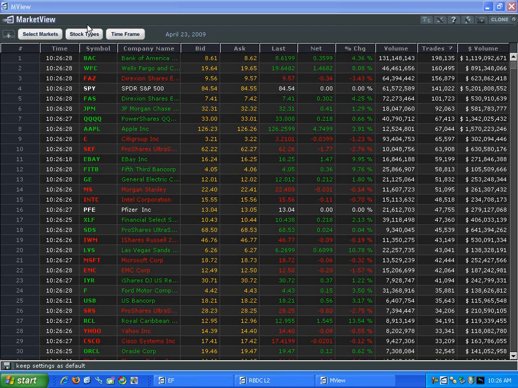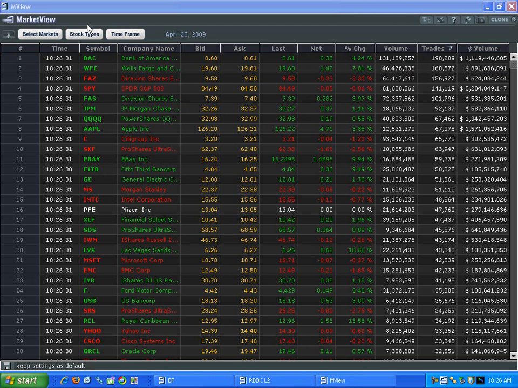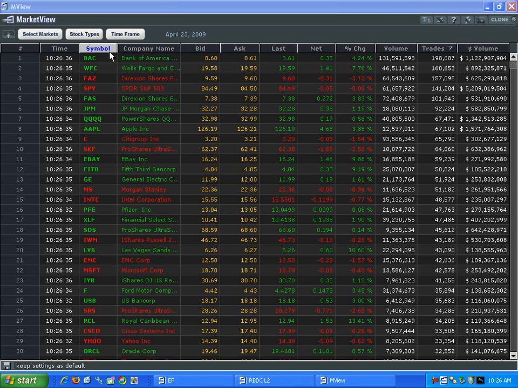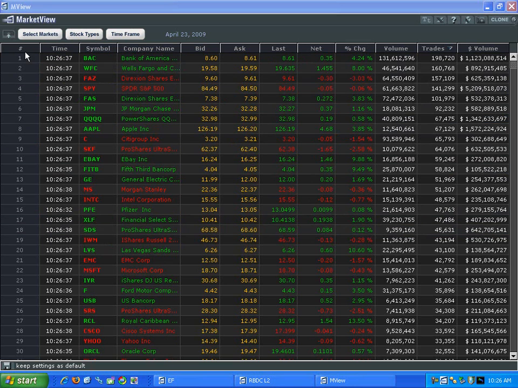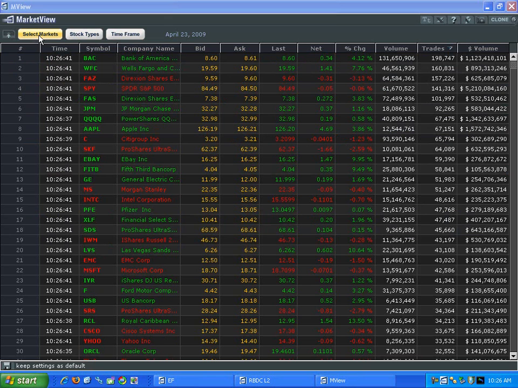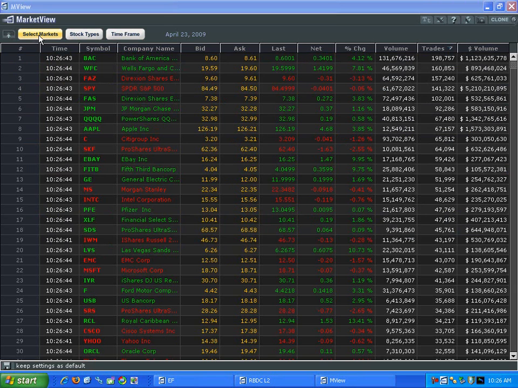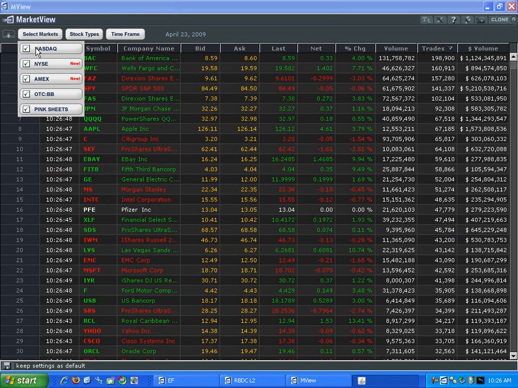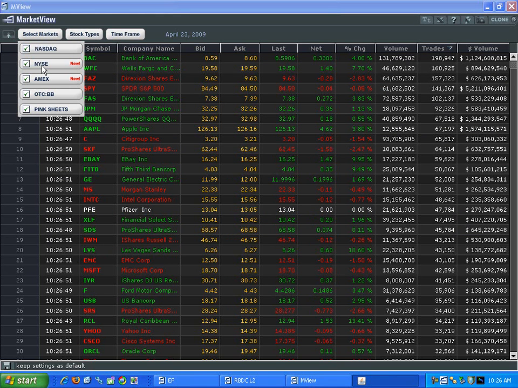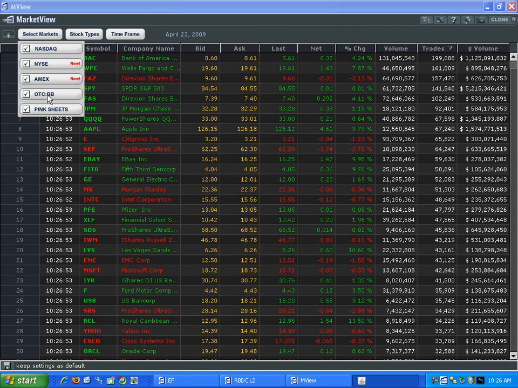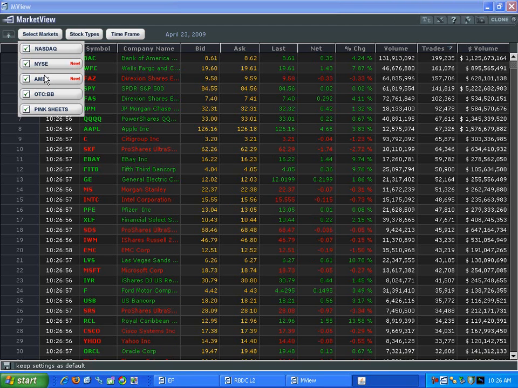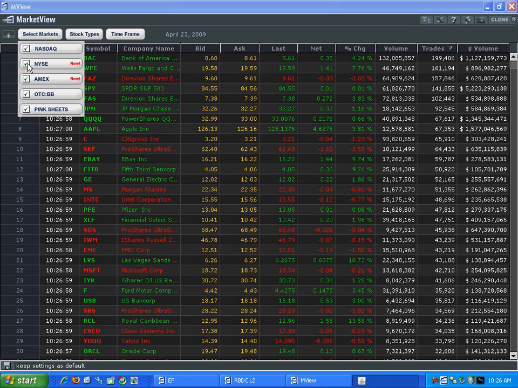So here we have the Market View window open. And again, this is something you want to open right at the start of the trading day because this is all live data. And as you can see here, as we talked about before, we can select the markets that we want to scan. So for example, we're going to click on Select Market tab in the upper left. We can have it scan NASDAQ, New York Stock Exchange, Amex, OTCBB, Pink Sheets, all the above, or just some of the above. So let's go ahead and say that we want to have it just scan the NASDAQ stocks